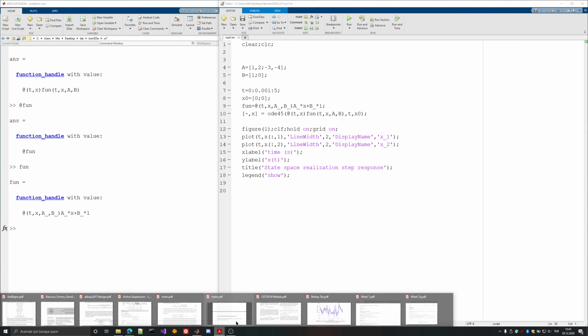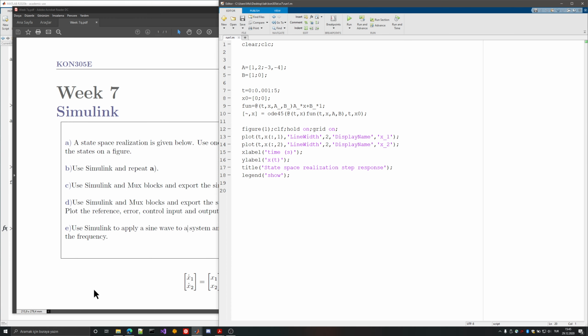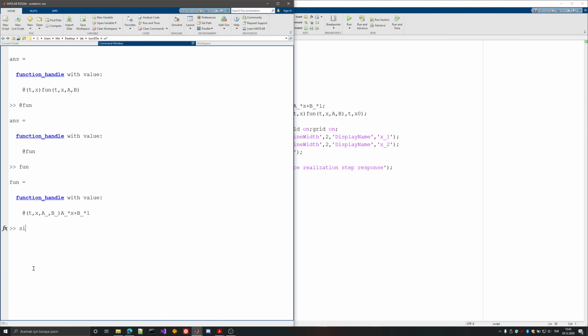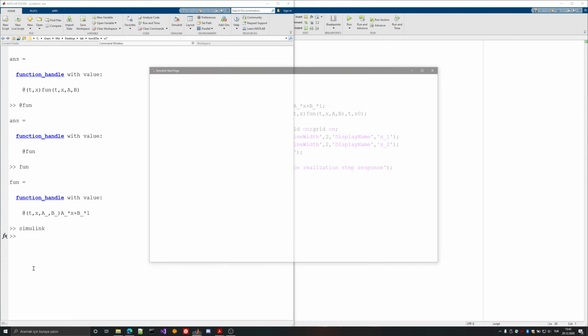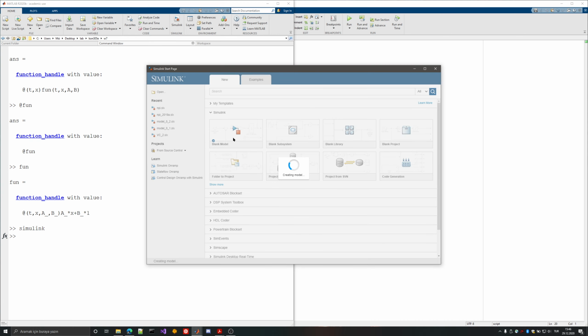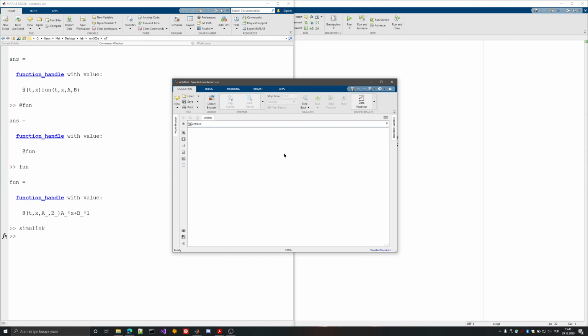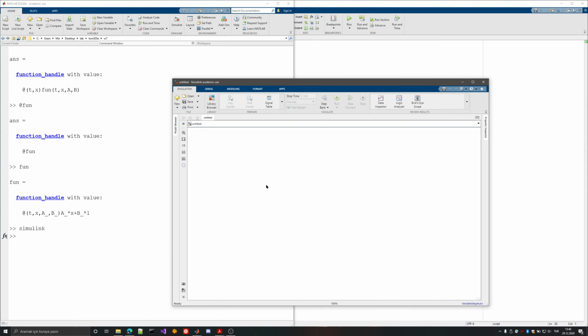So this is the first task here, and it says that we should repeat it with Simulink. I have opened up MATLAB but not Simulink. Maybe I should have typed Simulink before because it needs a little bit of time to initialize, but interestingly it does the job. Now I will repeat the exact same thing here,